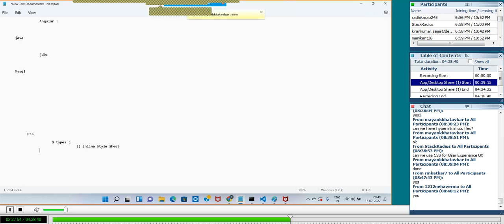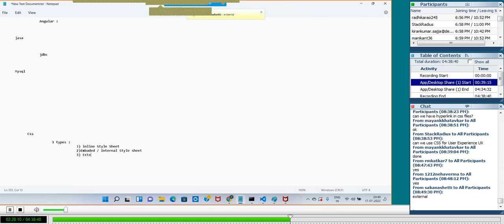The second one will be the embedded or internal style sheet, and the third one is the external style sheet. If it is an internal style sheet, we write the styles using the style tag